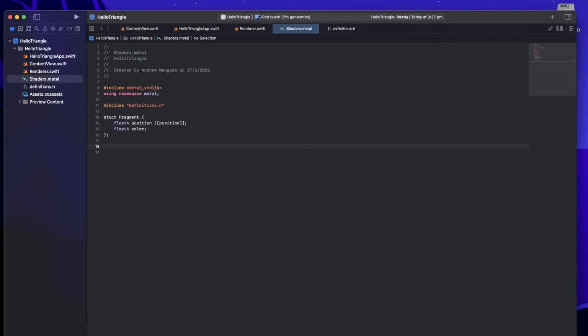Okay, so we have a vertex function and a fragment function. This is very similar to OpenGL, so I won't be going through this in heaps of detail, but basically the